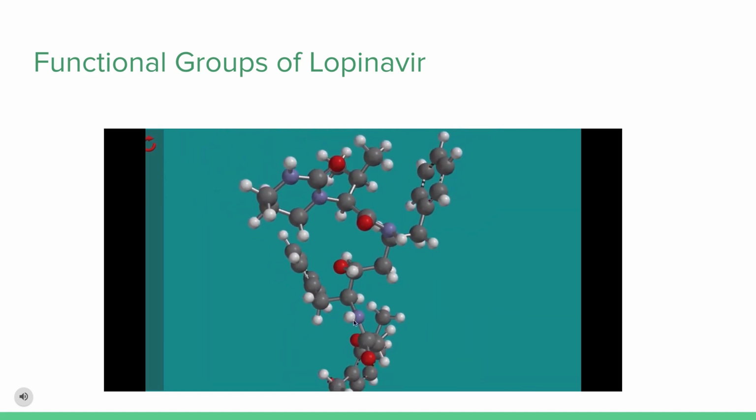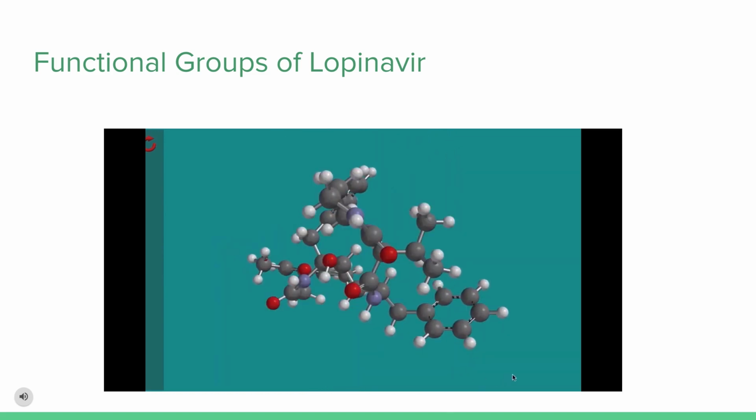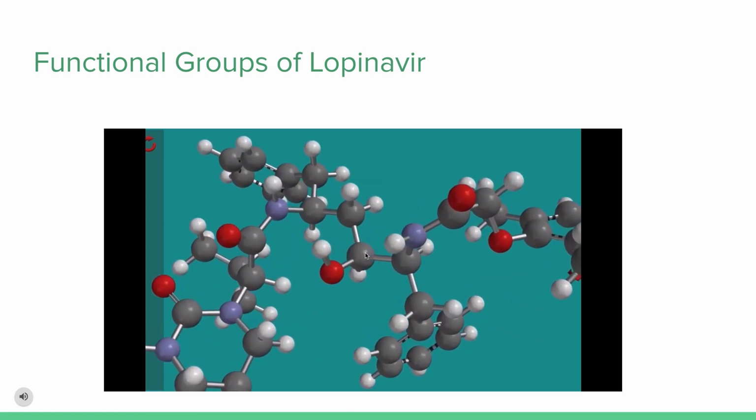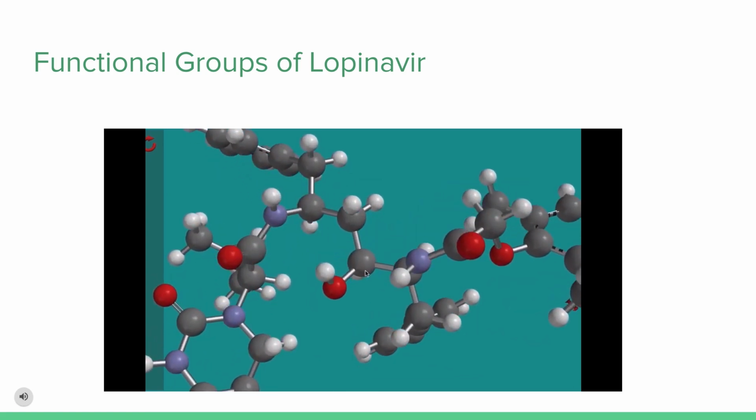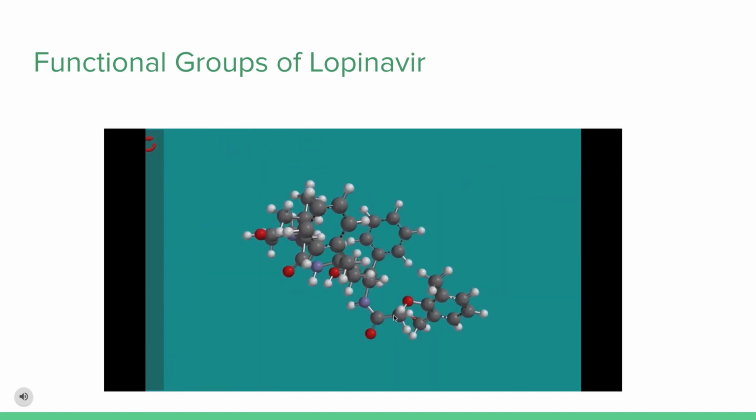Next, if we zoom out, we can find the benzyl group. And if we zoom in, we can see that alcohol group we have over there. And then we have another amide group,